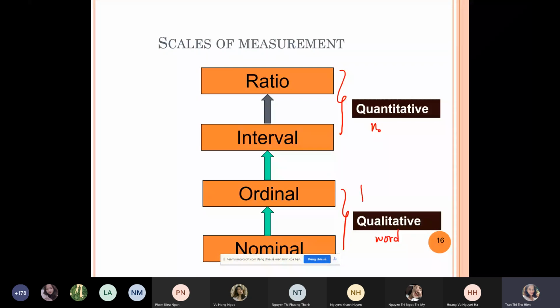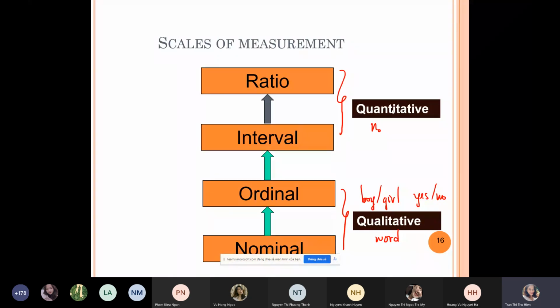For example, boy and girl, yes or no, or when you give ratings, right? Maybe very good, excellent, for example. And quantitative is just a number. So the scale of measurement determines the amount of information contained in the data and indicates the most appropriate data